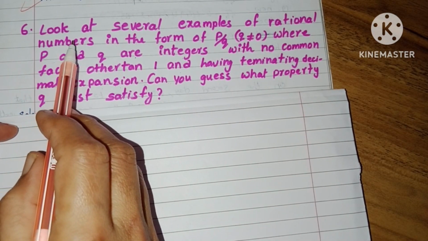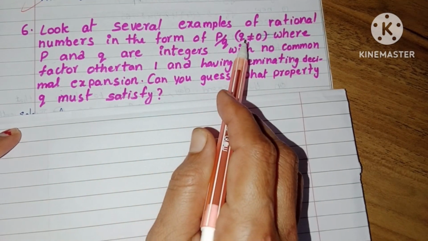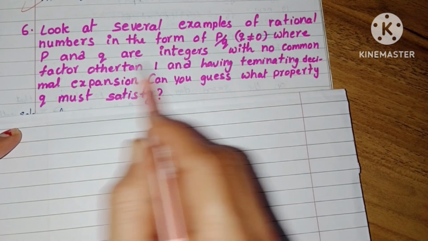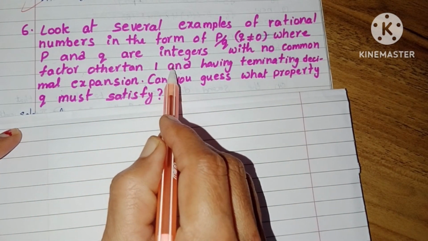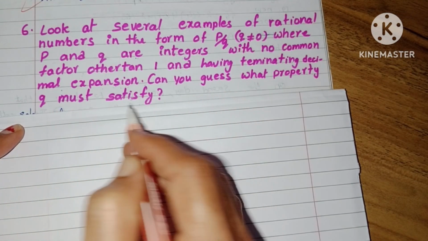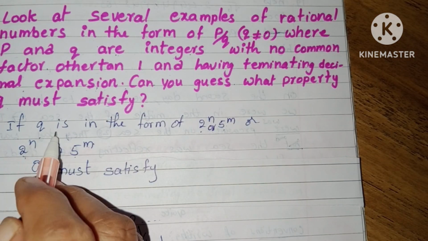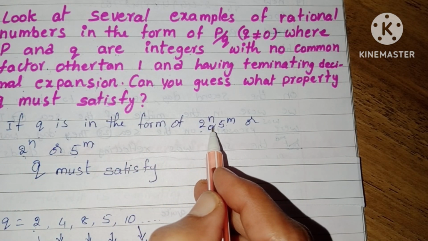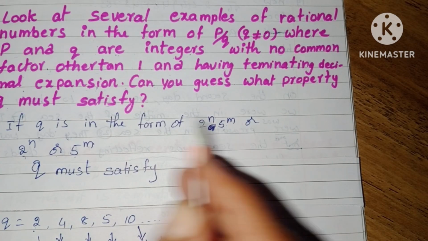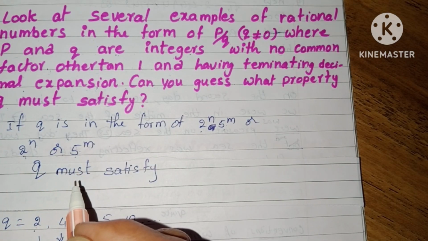Sixth question. Look at the several examples of rational numbers in the form of p by q, q not equal to 0, where p and q are integers with no common factors other than 1 and having terminating decimal expansion. Can you guess what property q must satisfy? If q is in the form of either 2 power n into 5 power m or only 2 power n or 5 power m,